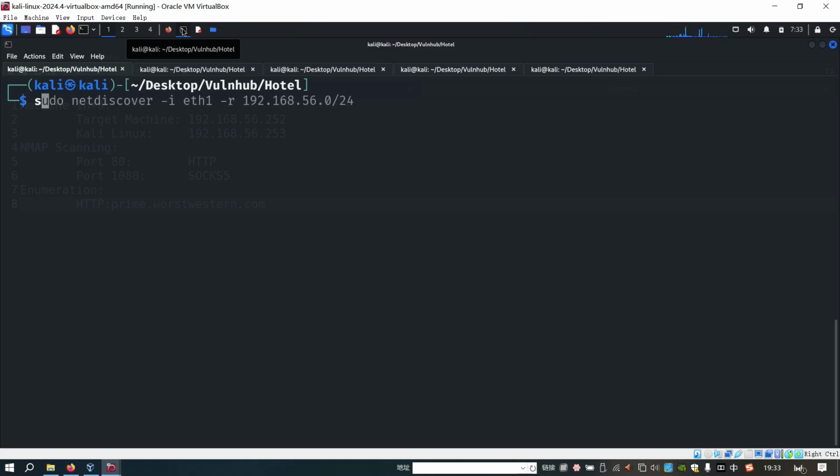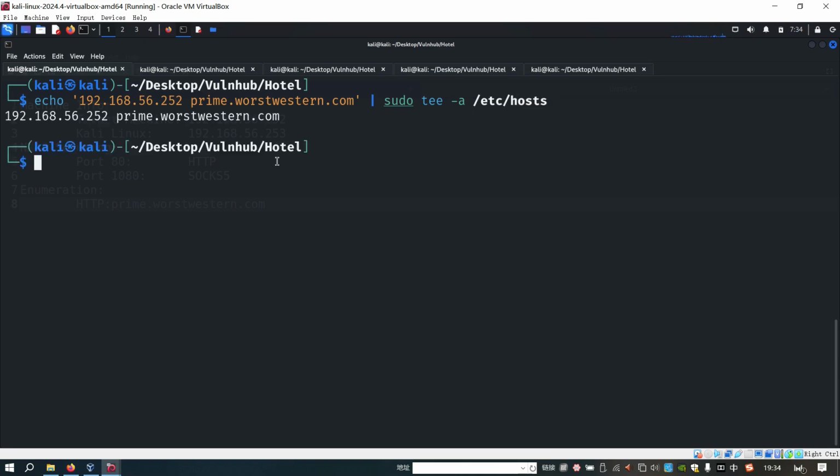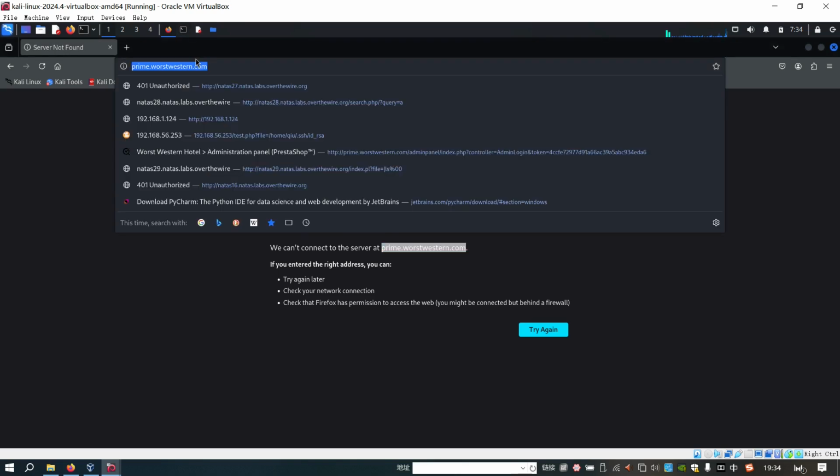So echo and the IP address of the target, followed by the domain name. Use the pipe operator, sudo tee with the option of -a to append to the host file. Okay, so now if we refresh the page,